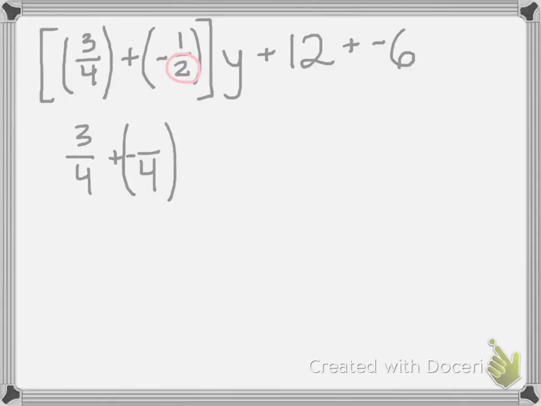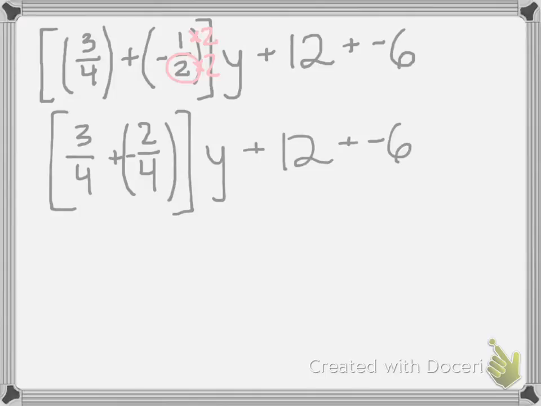Now, if I change that 2 into a 4, I technically multiplied it by 2. So whatever I do to the bottom, I have to do to the top. So 1 times 2 is 2. Very good. Y plus 12 plus negative 6. Okay. So let's simply do that across. 3/4 plus negative 2/4. Now I have here